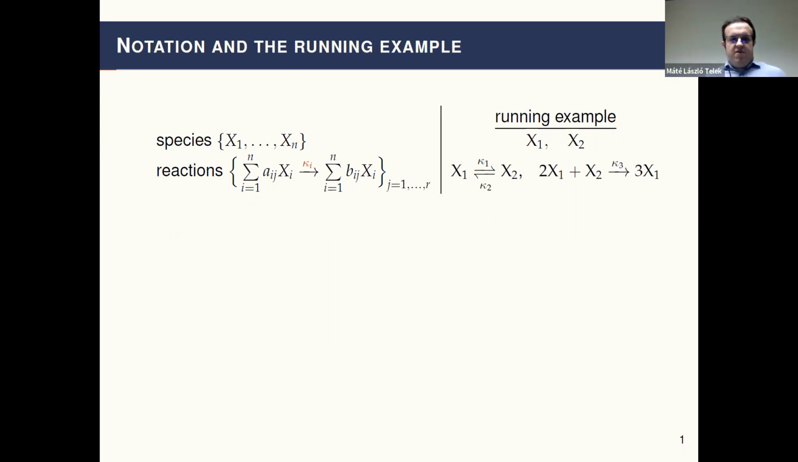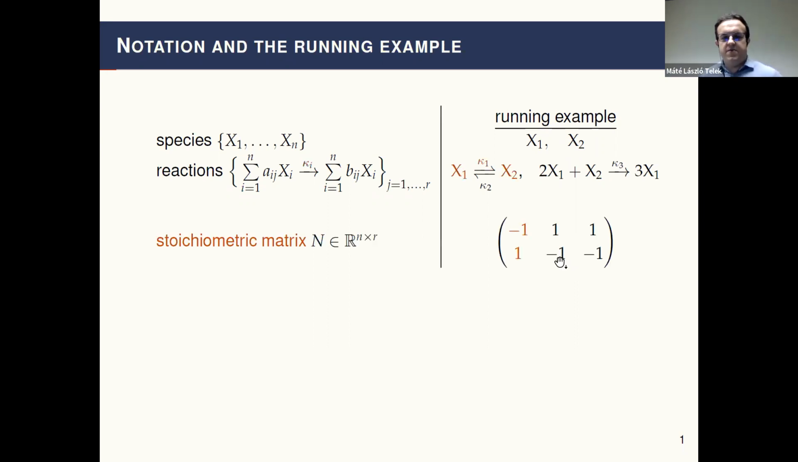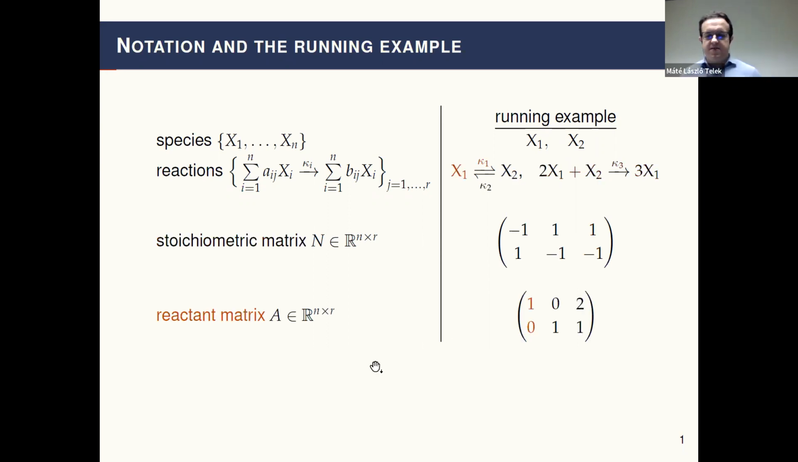So for the stoichiometric matrix, I will write capital N. Remember, this is the matrix where the columns have the information about the net production of the reactions. For the reactant matrix, I will write capital A. So here, the columns are the reactant complexes. And I think I forgot to mention that I also like to work under the assumption of mass action